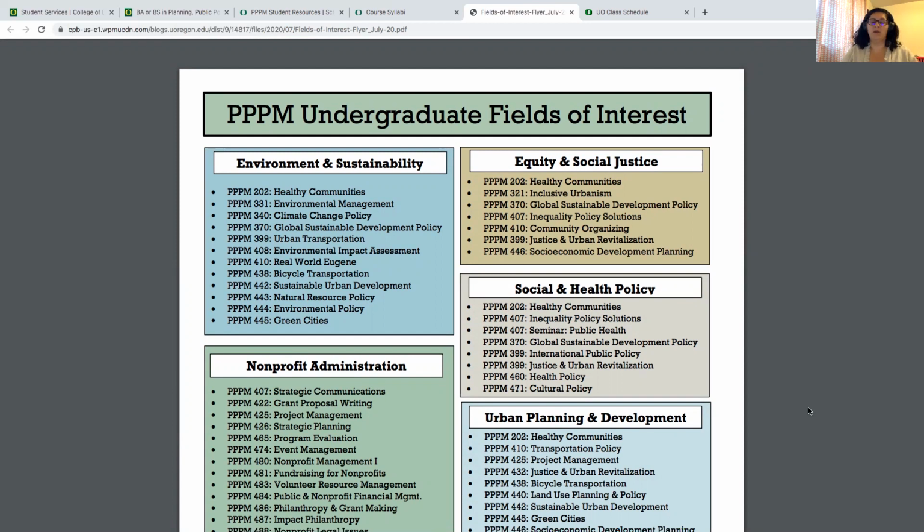For example, if you're applying for a job or interviewing for graduate school, this is going to help you articulate those skills a little bit better because you know in what areas these courses fall into. So this is another good document for you to bookmark if you want.